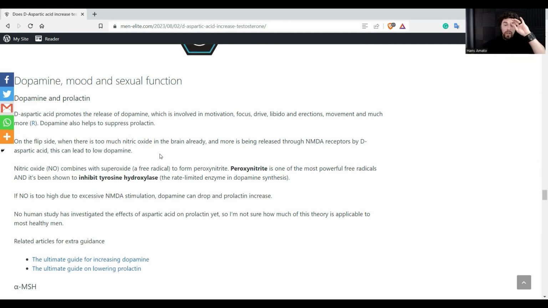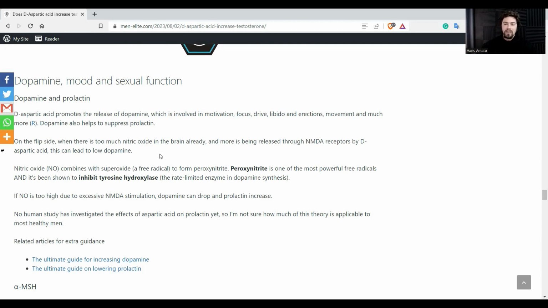On the flip side, the way it works, it stimulates the NMDA receptor, and the NMDA receptor promotes the release of nitric oxide. And when you have too much, nitric oxide is a free radical, right? So nitric oxide binds with superoxide, another free radical, to create peroxynitrite. Peroxynitrite is one of the most powerful free radicals out there, and that inhibits tyrosine hydroxylase, a rate-limiting enzyme